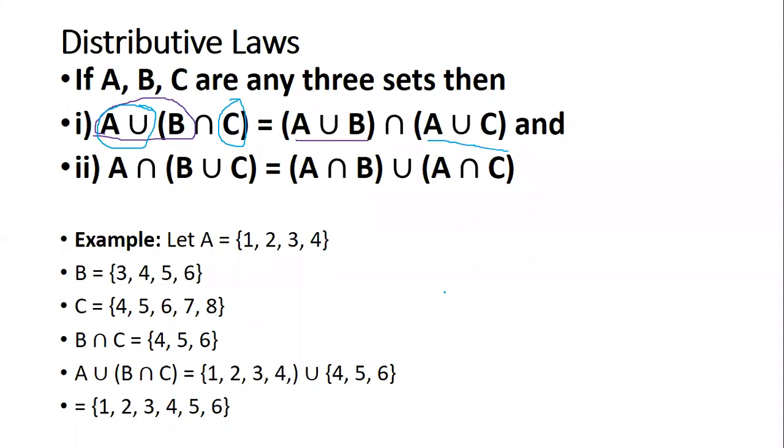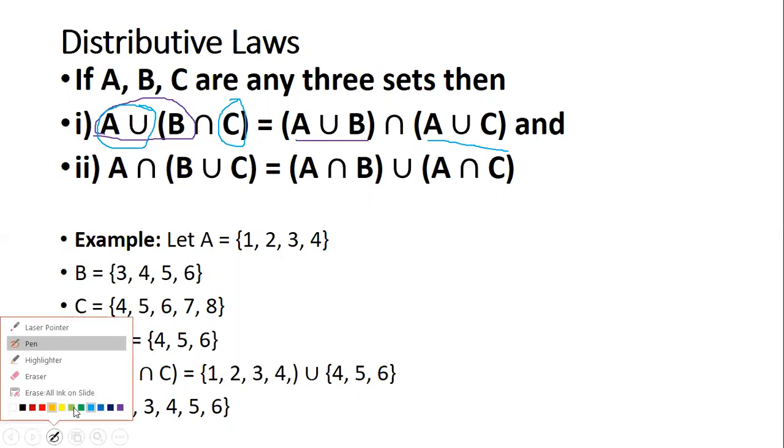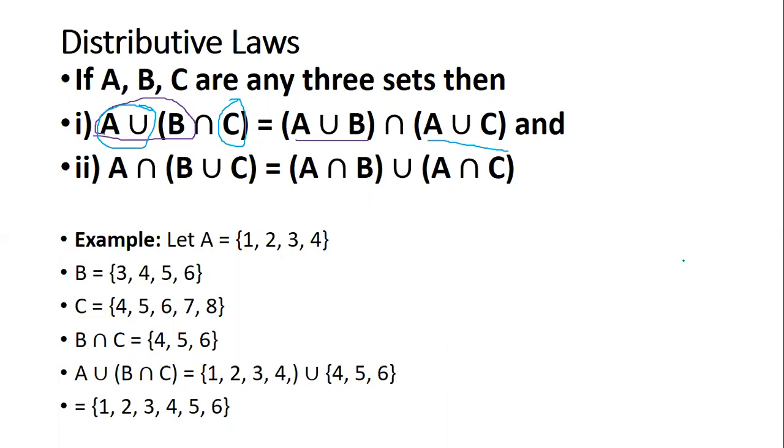Now what is that symbol that is left out? We have covered union. What is the symbol that is left out? Answer in the chat box quickly. What is the symbol that is left out after union? Intersection. So this intersection is supposed to be taken here in between. Okay, did you all understand the first rule?